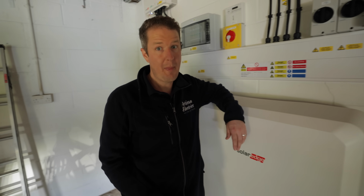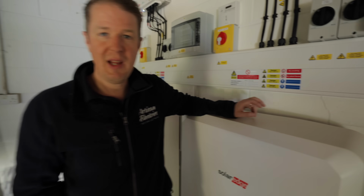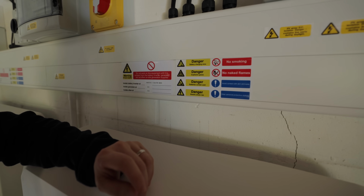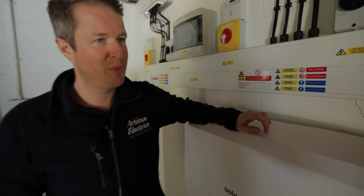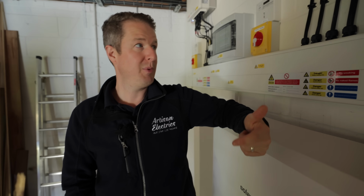So one of the things we got picked up on our MCS assessment visit, on the 10 minutes that he was on site, was labelling. Labelling is very important. So all of these lovely labels, pretty ugly to be honest, but they need to be there for safety reasons. So PV labels for the PV cables to say danger